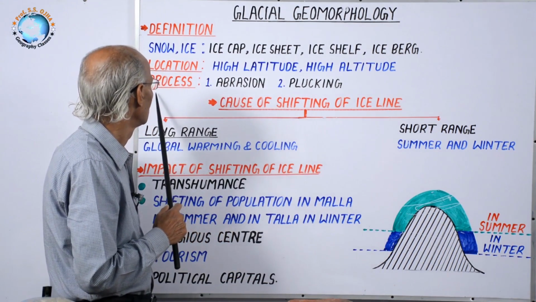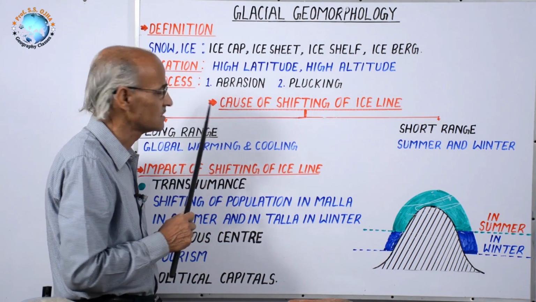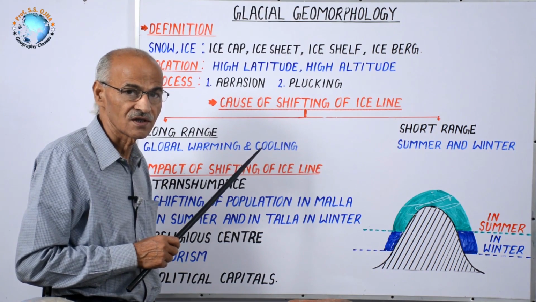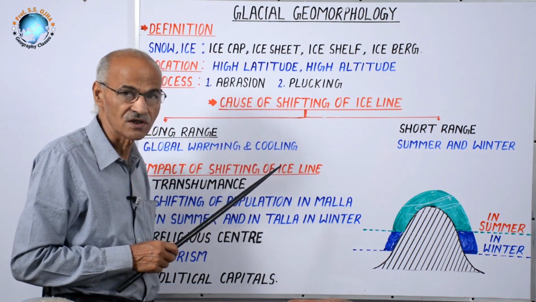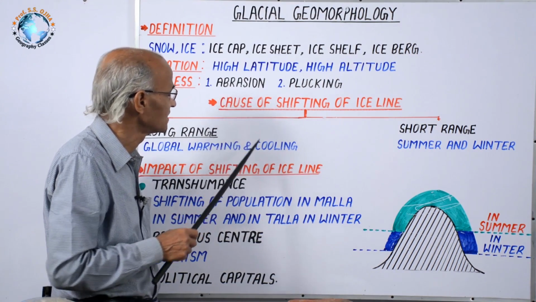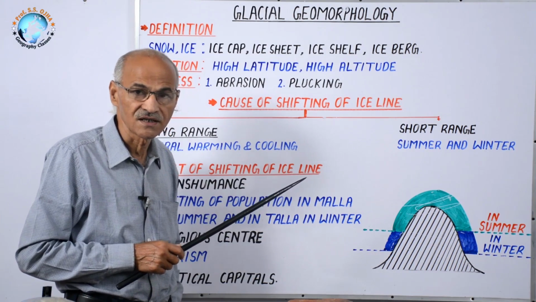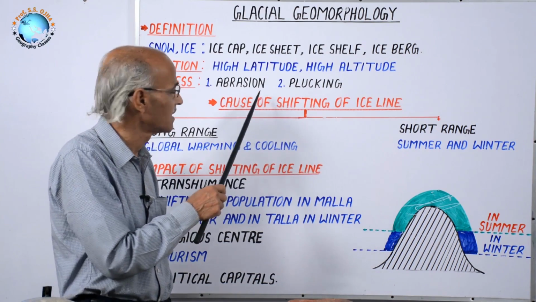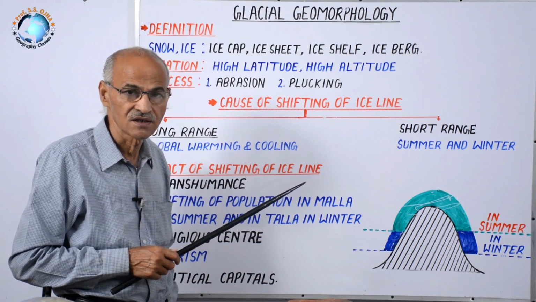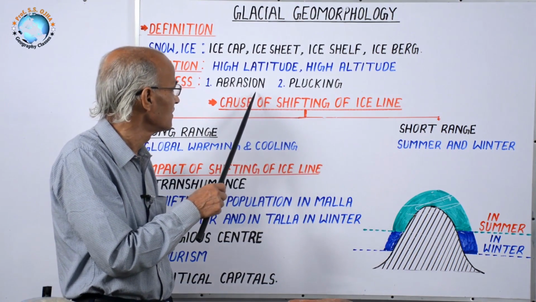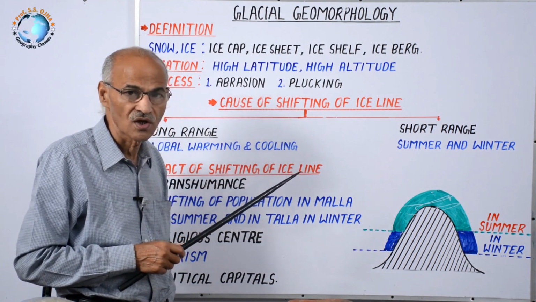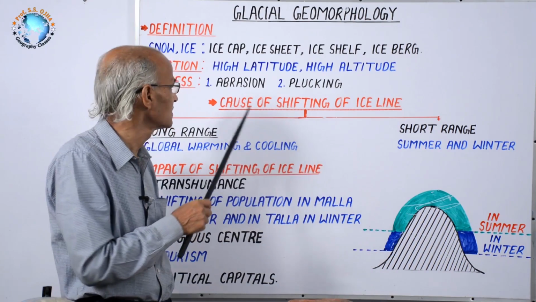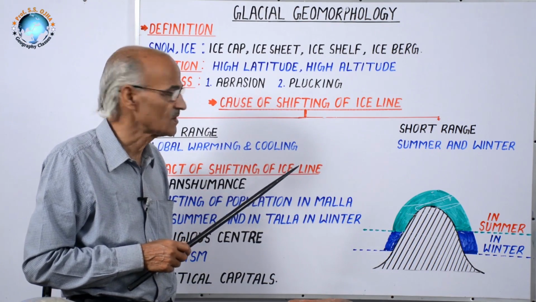Now come to know what is glacial process. Process means how it works, how it erodes, weathers the rocks over which it moves. One is abrasion. Abrasion means in glaciated areas, very speedy, fast wind blows. Along with that, some ice particles, flakes, also fly, move, and those corrode and erode and make abrasion of the rocks. This is called abrasion, means friction process.